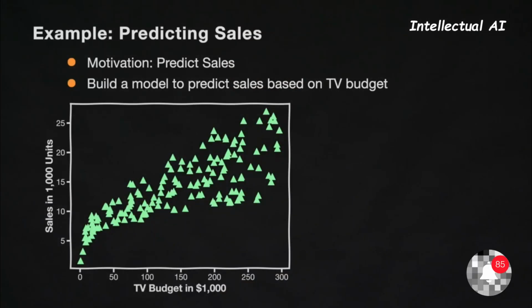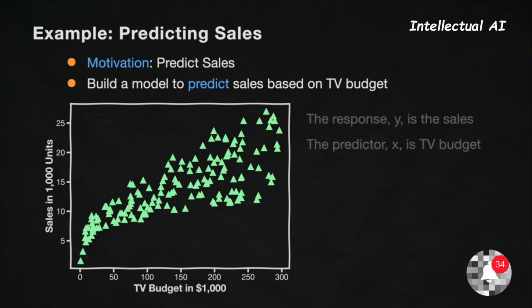Let's go back to our data now. We have again sales versus TV budget. And in the plot, you see all the observations we have, all 200 of them. Our motivation here is to predict sales. We want to build a model to predict sales versus TV budget. To connect to the things we said before, the response variable y is the sales, and the predictor x is